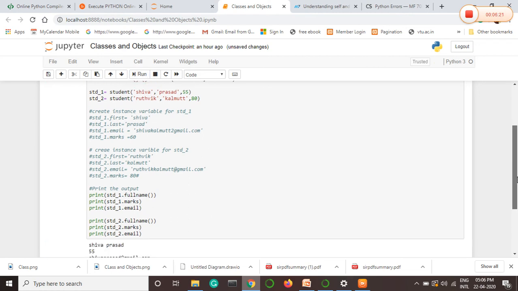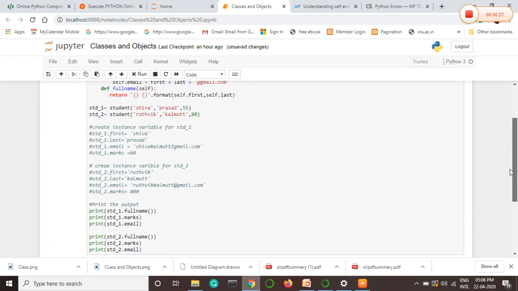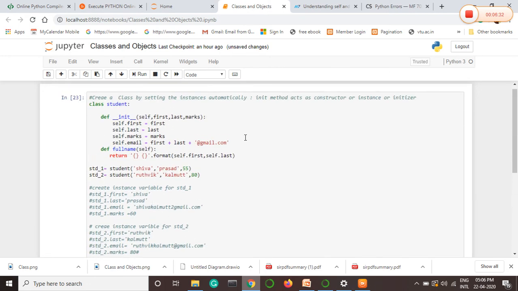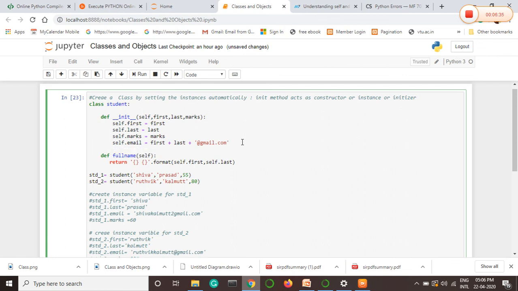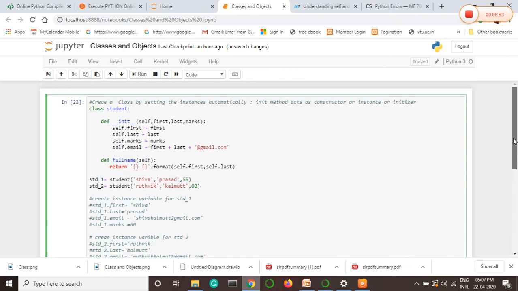Now see what is the change. This is another method of writing the code in order to access the full name. You have defined two different methods here: one is the init method and the other one is full name, in order to access that full name data. And these are some of the best examples that we can give for classes and objects. Here we have gone through the init method, how to define instance variables manually, how to define instance variables automatically, and what is the class and what is the object.